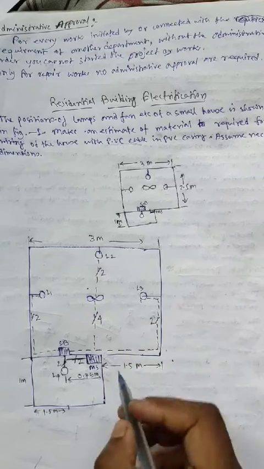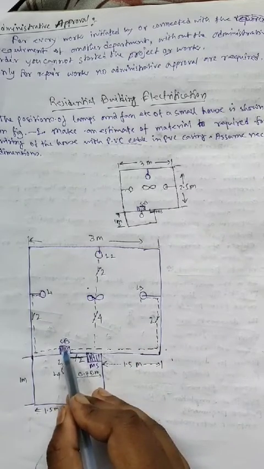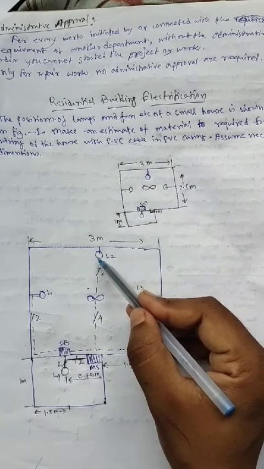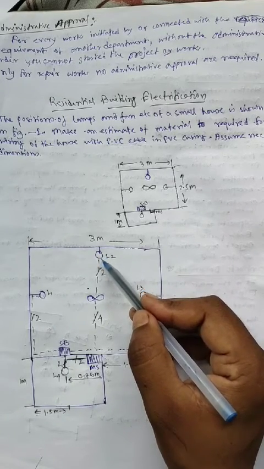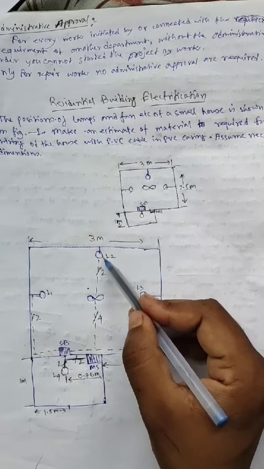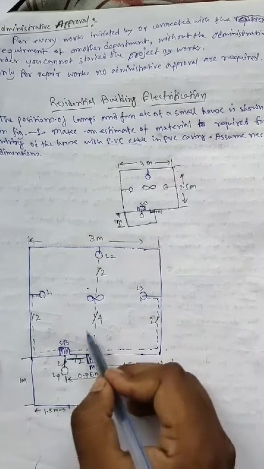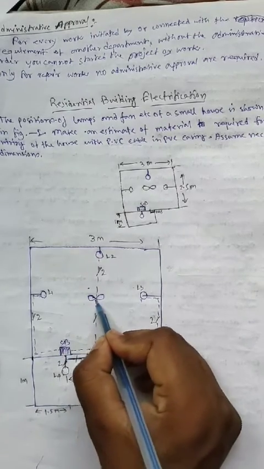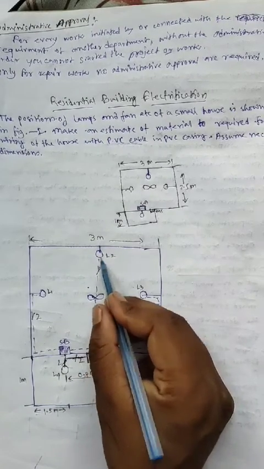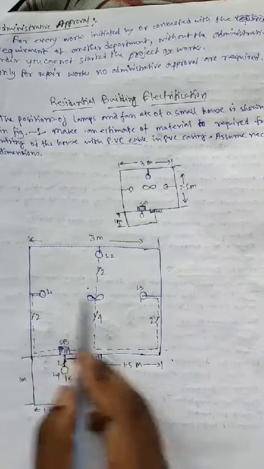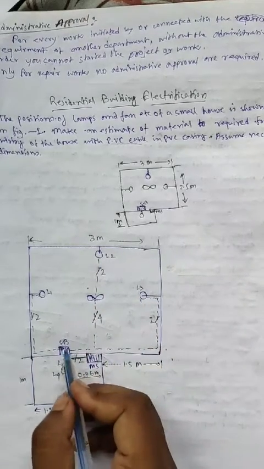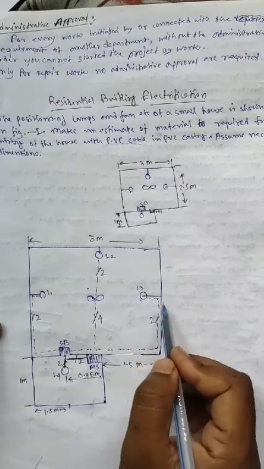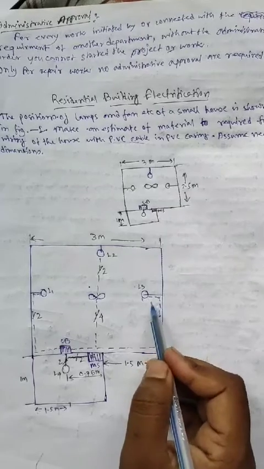Okay, so this is the main switch, and this is the switchboard, and this is the fan loading. So for this lamp 2 circuit we will draw the wiring diagram from switchboard to fan and fan to light 2. But for L1 and L3 we will draw separate wiring. Here the L2 line and here the L3 line, the wiring for the L3 lamp.